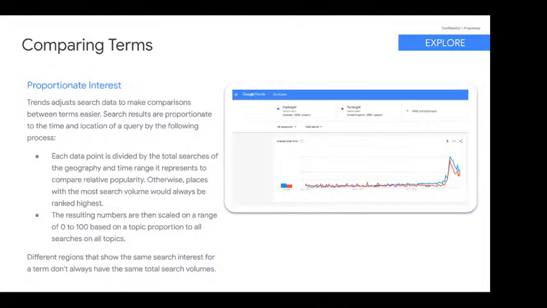So sometimes, if something is really trending in Lithuania, whereas we might not have the most absolute searches, Lithuania might be peaking in terms of the results. So that's also something to have in mind, especially when making analysis, so that you don't come